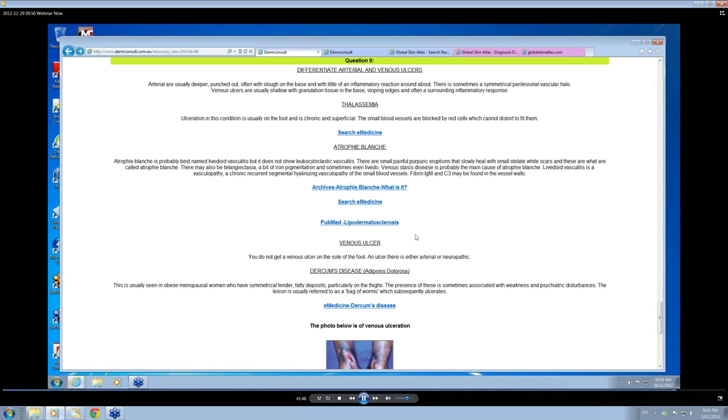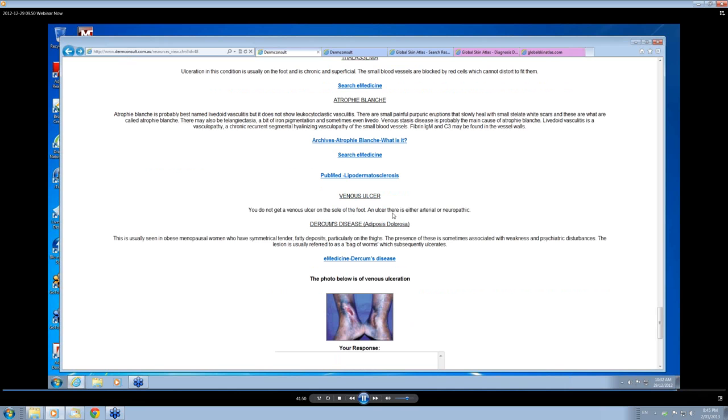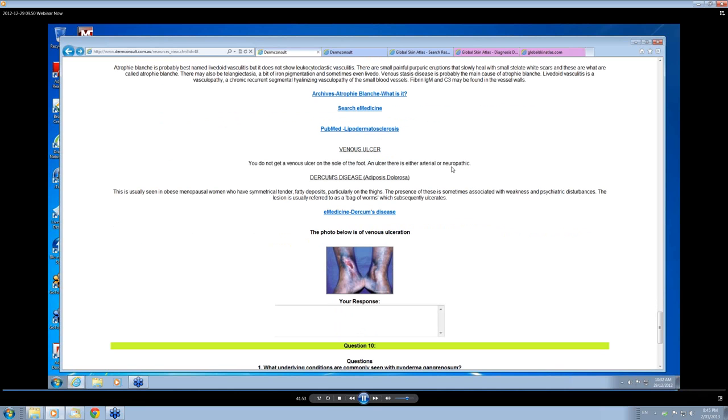Venous ulcers, yeah, we said you don't get venous ulcer in the sole of the foot, it's either arterial or neuropathic. And what are we finishing up with? Dercum's disease,